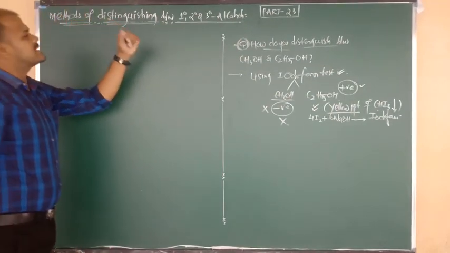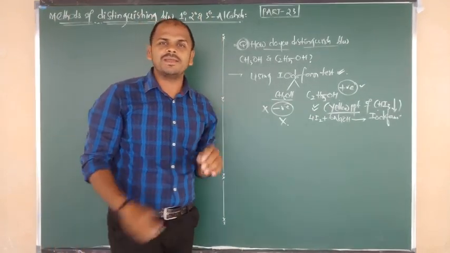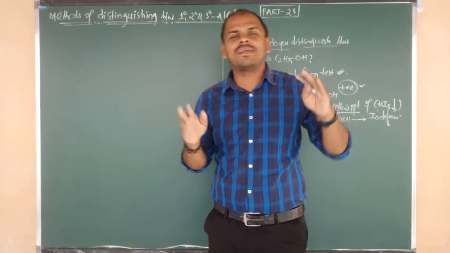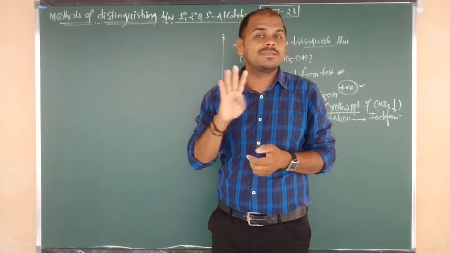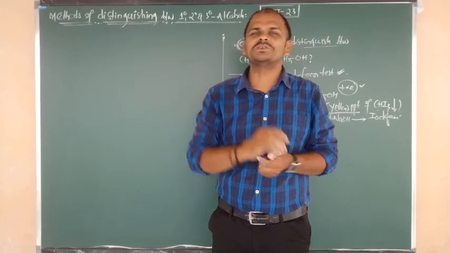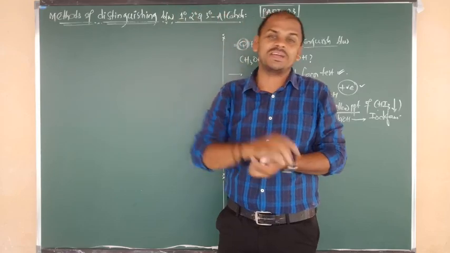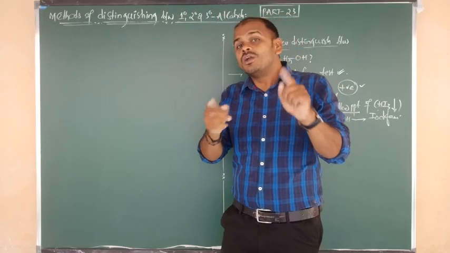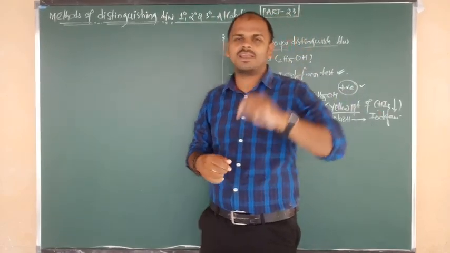Let us discuss the methods of distinguishing between primary, secondary and tertiary alcohols. The various types of alcohols can be distinguished by using 4 different tests. How many tests here? There are 4 tests, beta. Out of 4 methods, already 2 methods you know very well. One is the Lucas test, one more is catalytic dehydrogenation. Yes, I have told you, and below I have written it clearly. This reaction is used to distinguish primary, secondary and tertiary alcohols. We have written that in the notes clearly. If you want you can check.